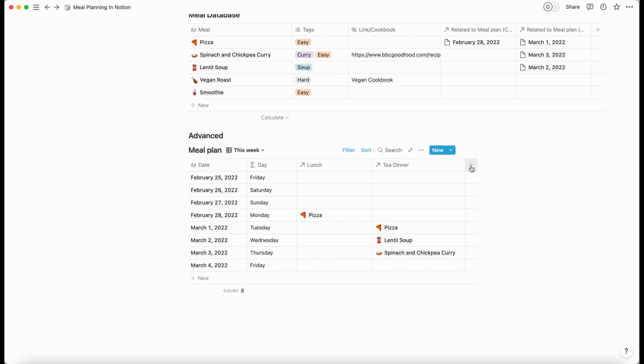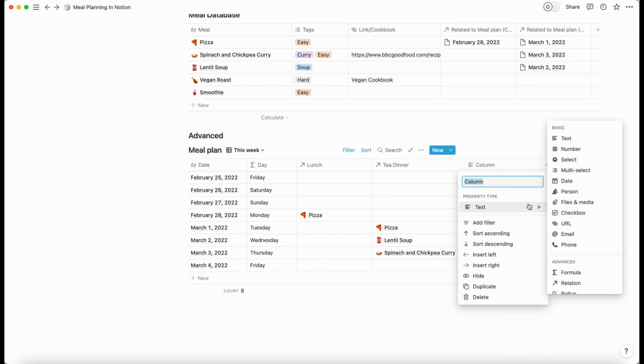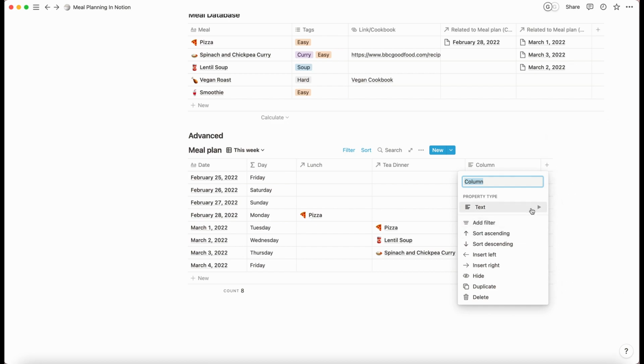But let's say you are a family of 5. Whoa. And you now need to look after 5 people and decide what they're having. Maybe they're all fussy and they all have different things, or maybe it's chill and they all have the same thing, but you know how the world works. So we can literally do the same thing now. Add another relation